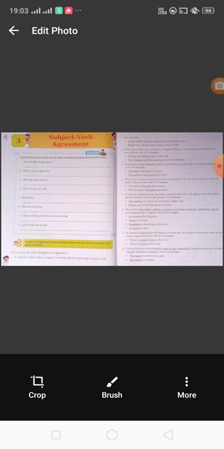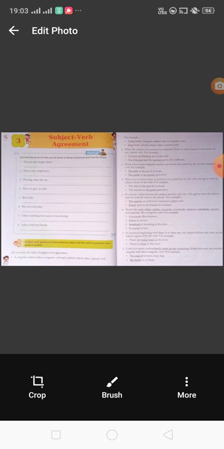The guide or the tourist goes first. Students, the guide and the tourist both are singular, so we use the singular verb goes. Now, the fourth point: when two or more nouns or pronouns are joined by or, here the verb will agree with the subject which is closer to the verb.